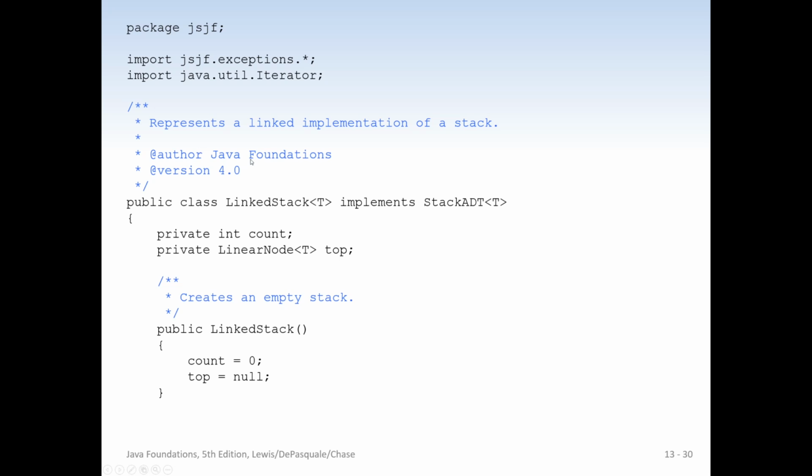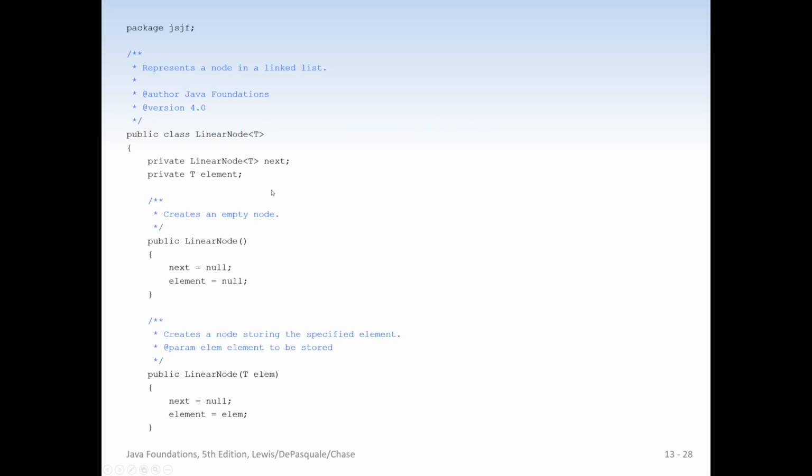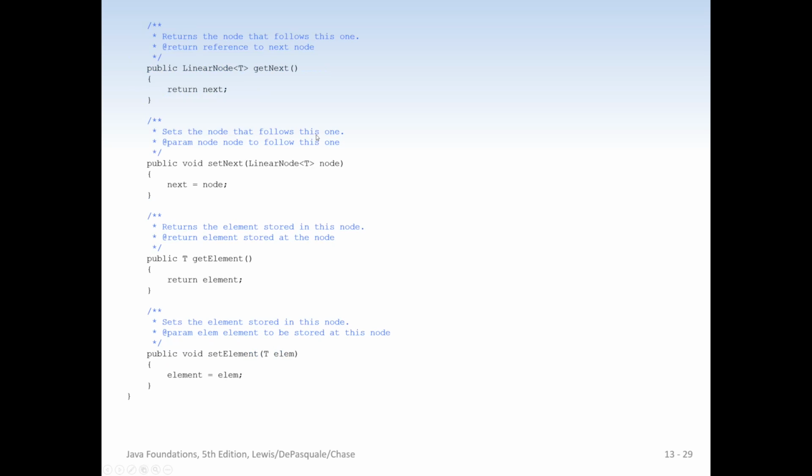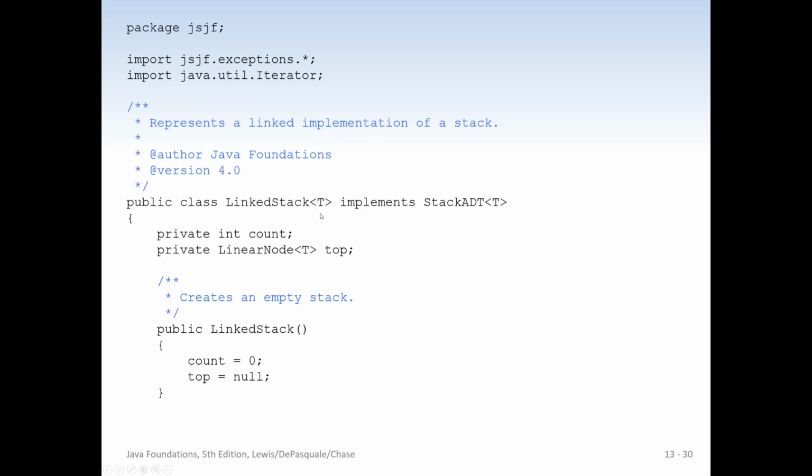All right. So here is our linked stack implementation. We're going to compose this thing. So here's our linked list class, our generic linked list class. Here is our generic stack class, which is going to implement the interface for the stack ADT. So the stack ADT, remember, is the interface that defines the accessor functions or the interface functions for the stack abstract data type. The linked stack is going to implement that interface,